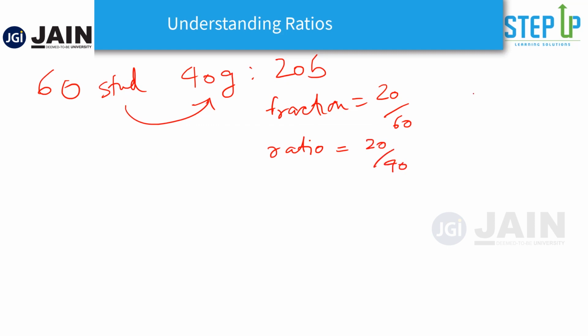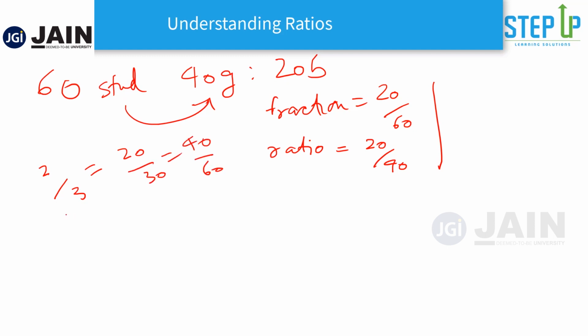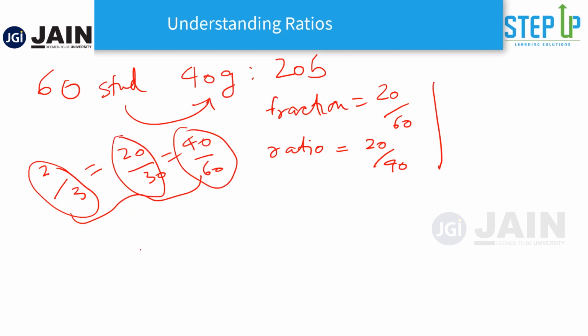Now the concept of ratio is important because it shows the relationship between two things. However, one thing to note here is, for example, if you have to compare ratios, 2 by 3 is equivalent to 20 by 30. It is also equivalent to 40 by 60. What is the meaning of this? If you simplify, the primary ratio is really the same, which is 2 by 3 in this case. Or if you have to find the decimal value, it would be the same for all these three ratios.